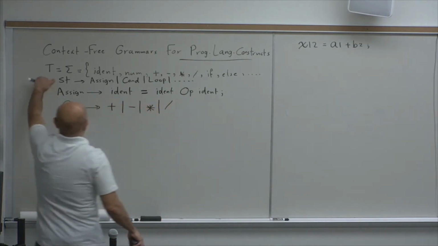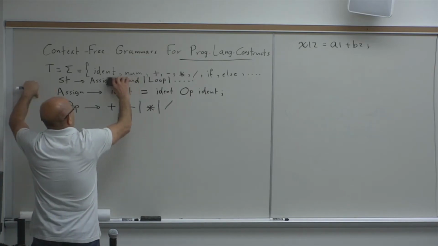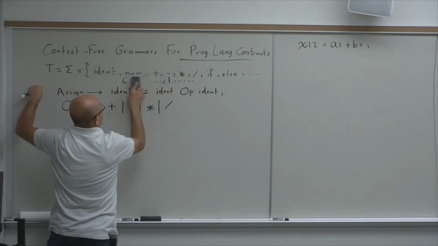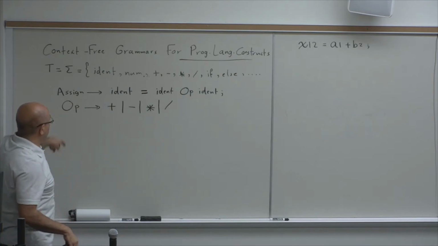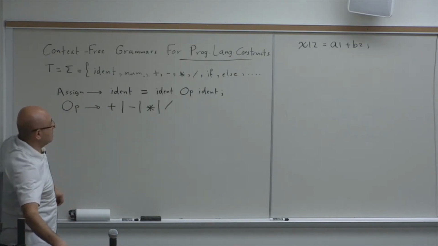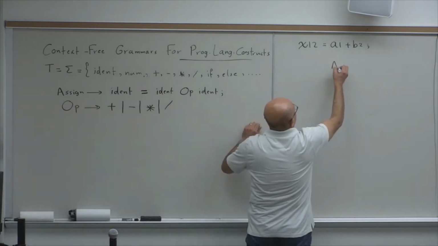So I'm showing this just to show you where this fits in the bigger picture. But for now, let's not worry about other kinds of statements. So let's now assume that we're only looking into assignment statements. So in this case, our assignment